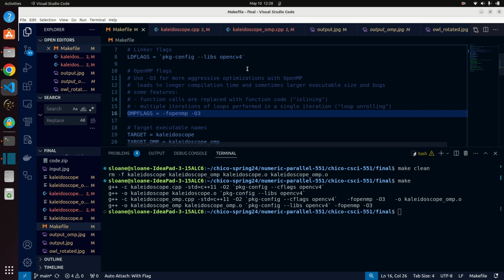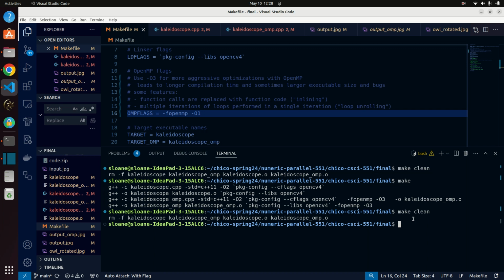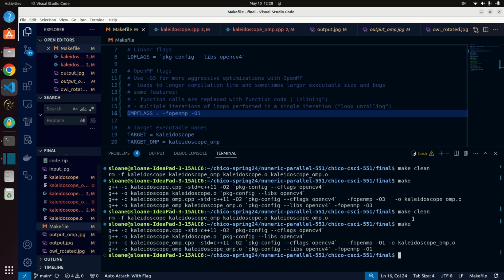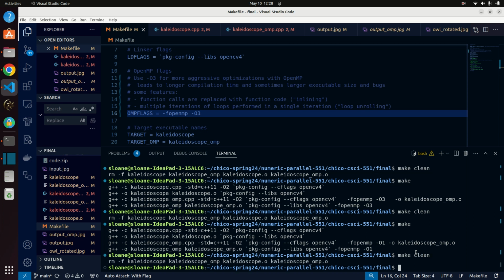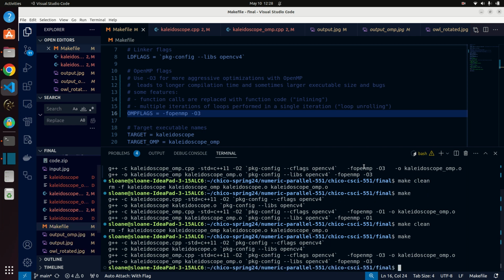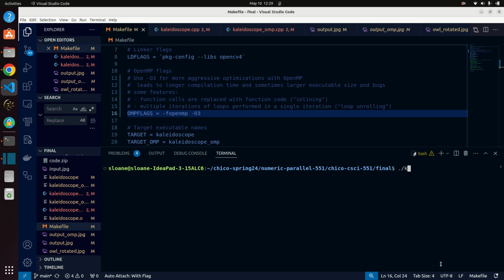And just for fun, let's see if this actually affects the compile time, because we saw that took a minute there. Make clean, make. So, I didn't really see any difference in compile time, but to be fair, it's a pretty small program. Anyway, let's just keep it as it is, because I know that this will actually work with the -O3. I never tried it, I didn't verify it as thoroughly with the other flags. So, anyway, our code has been built and it is ready to roll. So let's go ahead and run our programs,